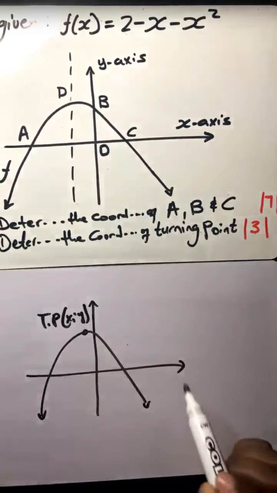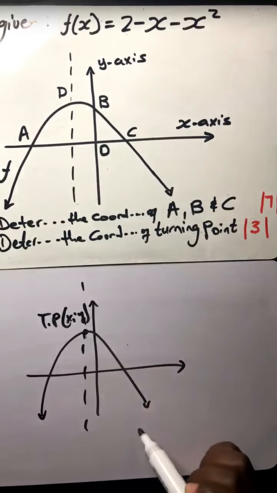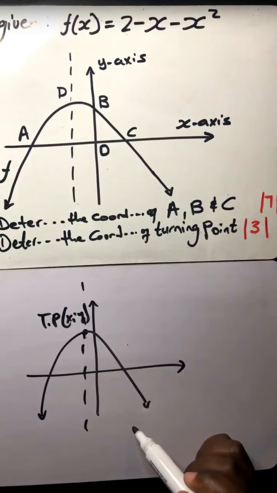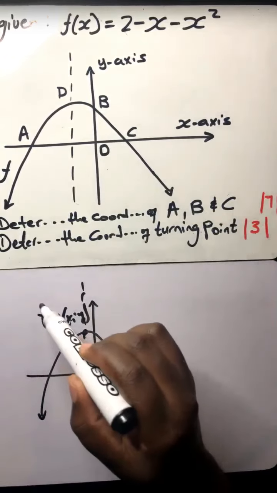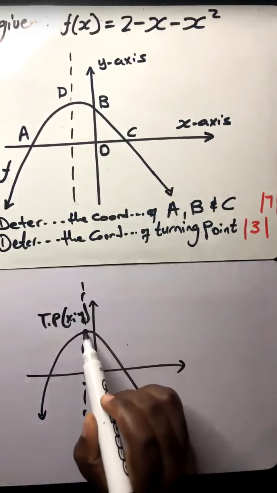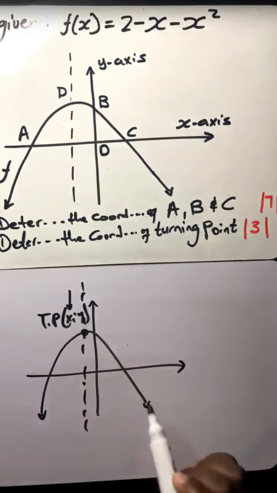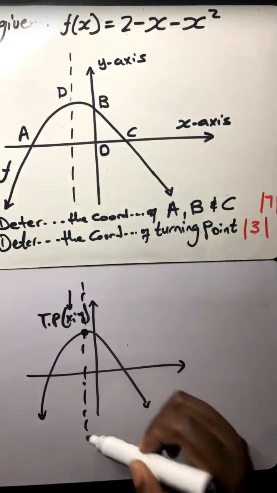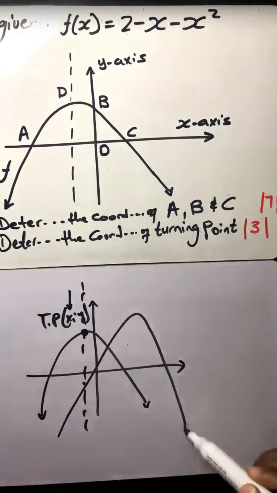So this is x and y. The x value of the turning point is what we call the axis of symmetry, which is represented by that dotted line. If you've got that graph, this is the turning point. So the x value of the turning point, that is your axis of symmetry. If you've got a graph similar to that,